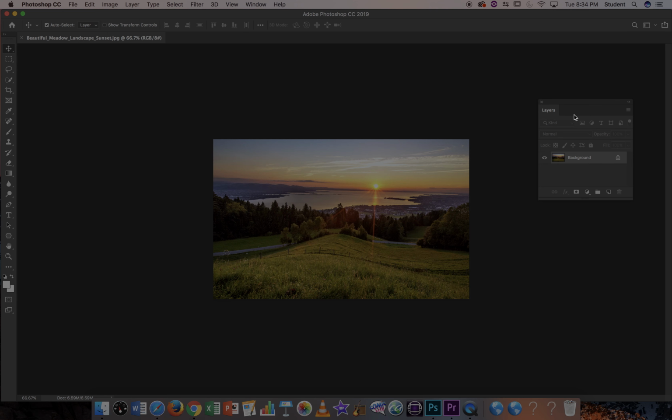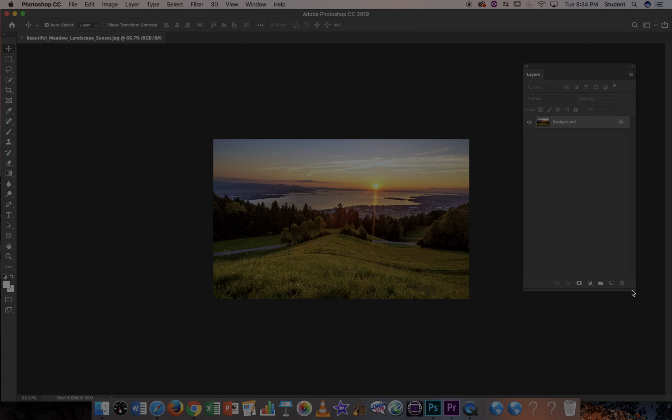Okay. The layers panel is going to be one of the most important panels. This is basically the essence of Photoshop. Photoshop is a layer-based program. We mentioned it's a primarily raster-based program, works with what we call raster graphics that are made of pixels that you captured when you took a photo with a digital camera or something you downloaded online. But layers is very important too, because layers are basically stacks of those images that you're going to put together